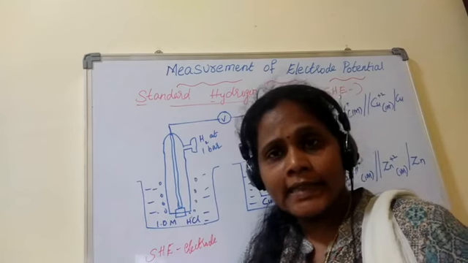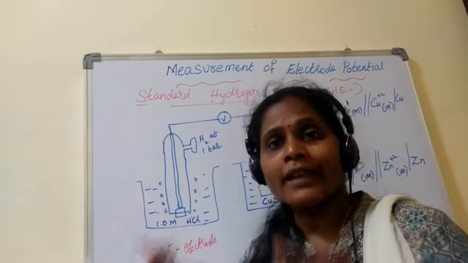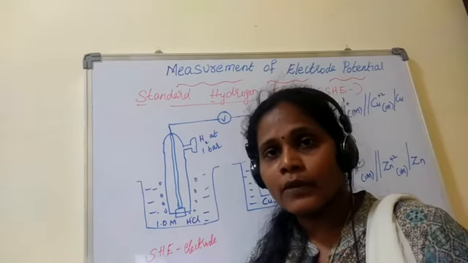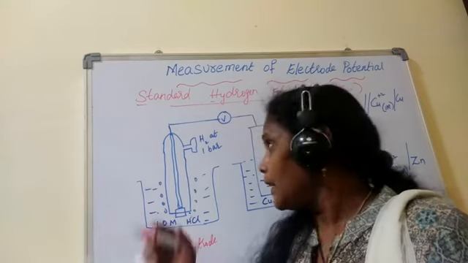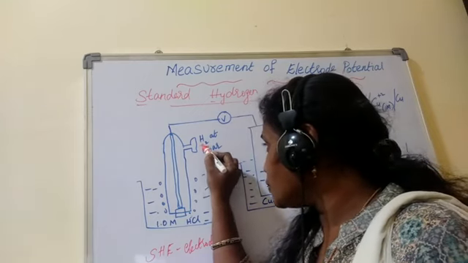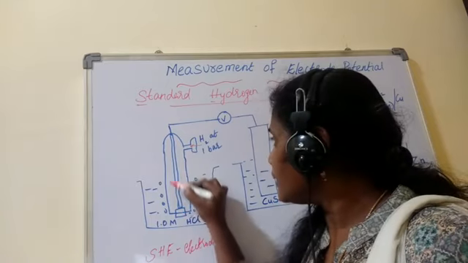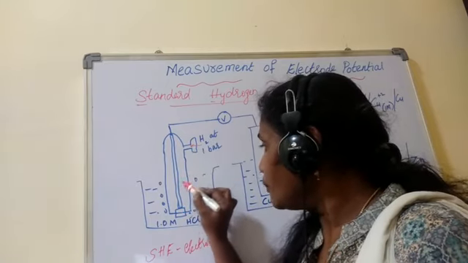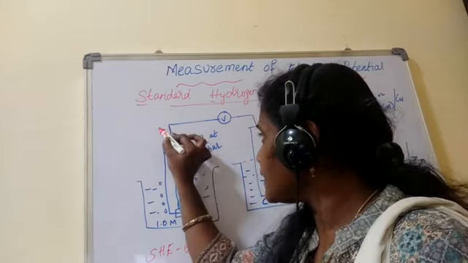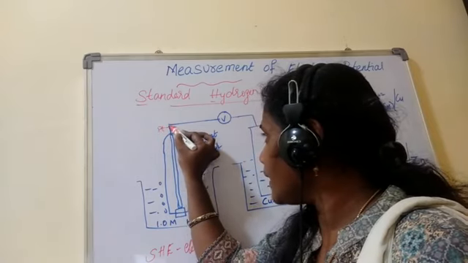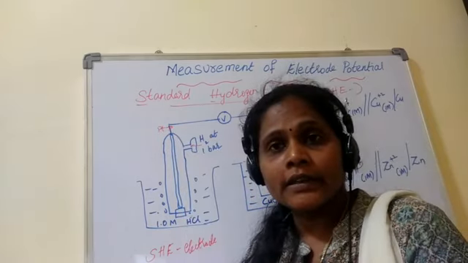See, hydrogen is a gas. Therefore, I cannot write it like a rod, as I have done until now. So this hydrogen has to be bubbled into a setup. What is this? An inverted glass tube is fixed into which a platinum wire is given. So this is my platinum wire, because I said metallic conductors.